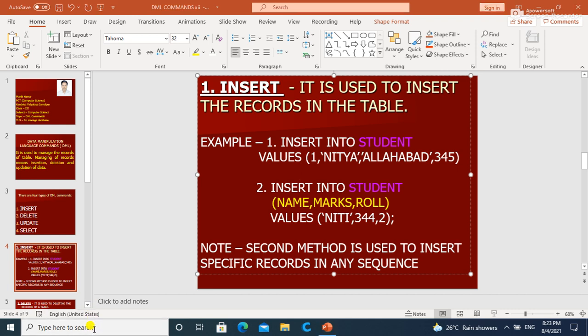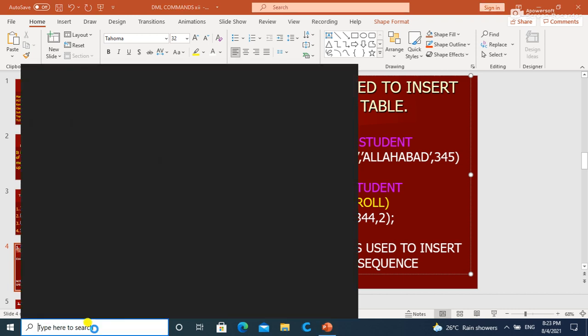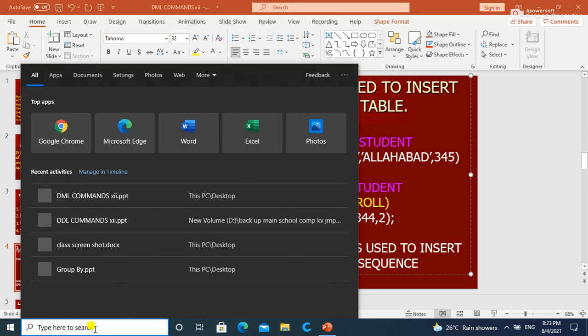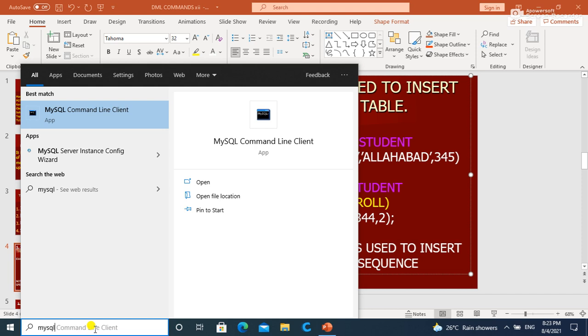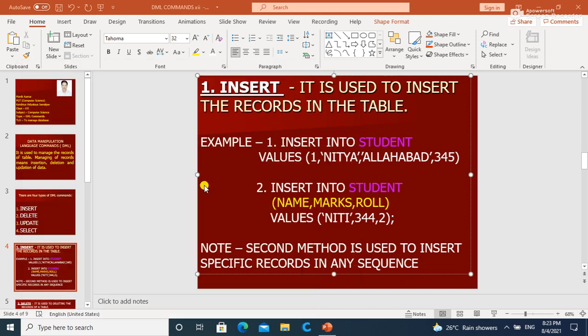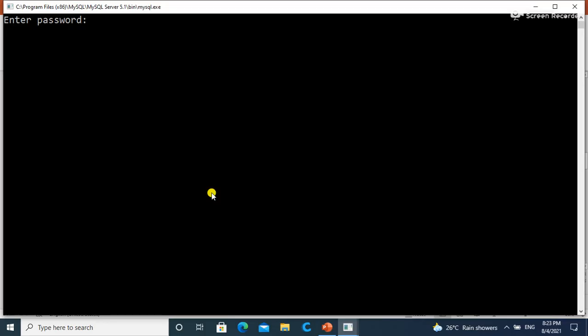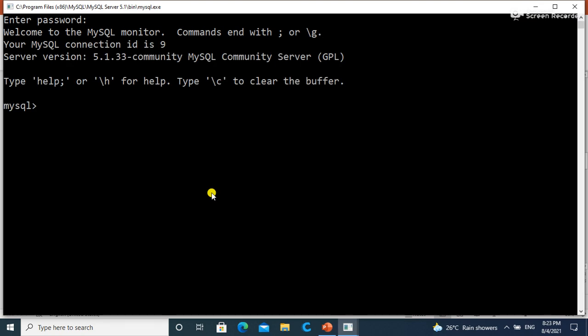Now we can see how can we start MySQL, and how can we run this command in MySQL software. As we know that MySQL software is used to manage our databases.